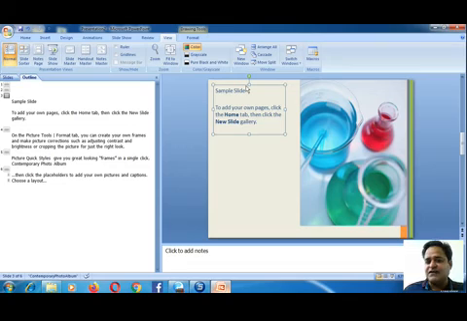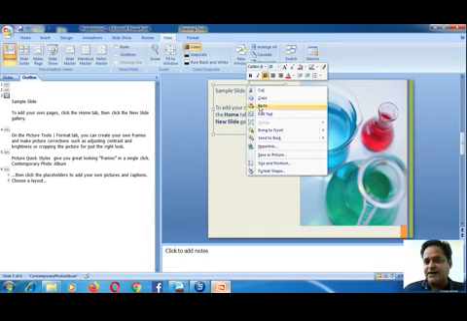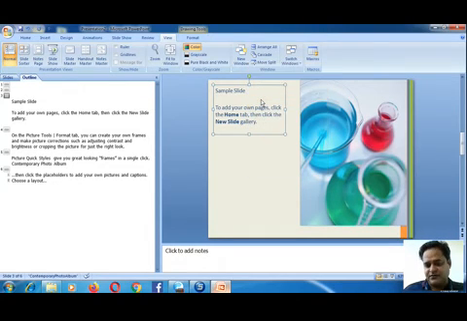What we have to do is just select it by pressing on the boundary of the object. You can right click and copy or use the keyboard shortcut Ctrl+C. Any one option can be used. And then click anywhere on the slide and press Ctrl+V, which is the shortcut for paste, or right click and click on paste.